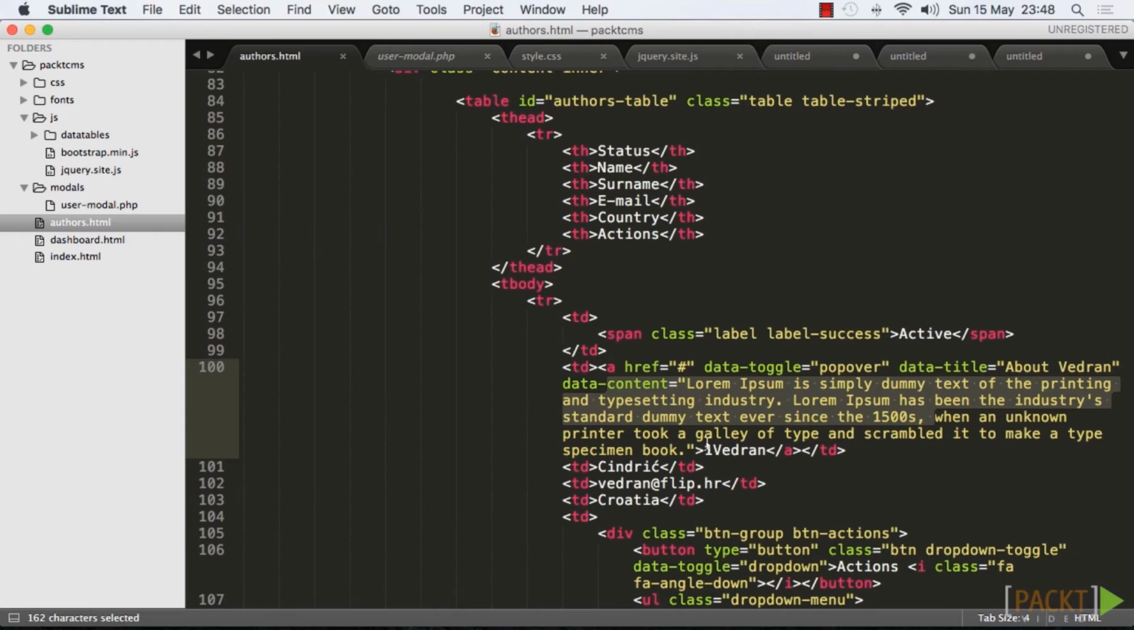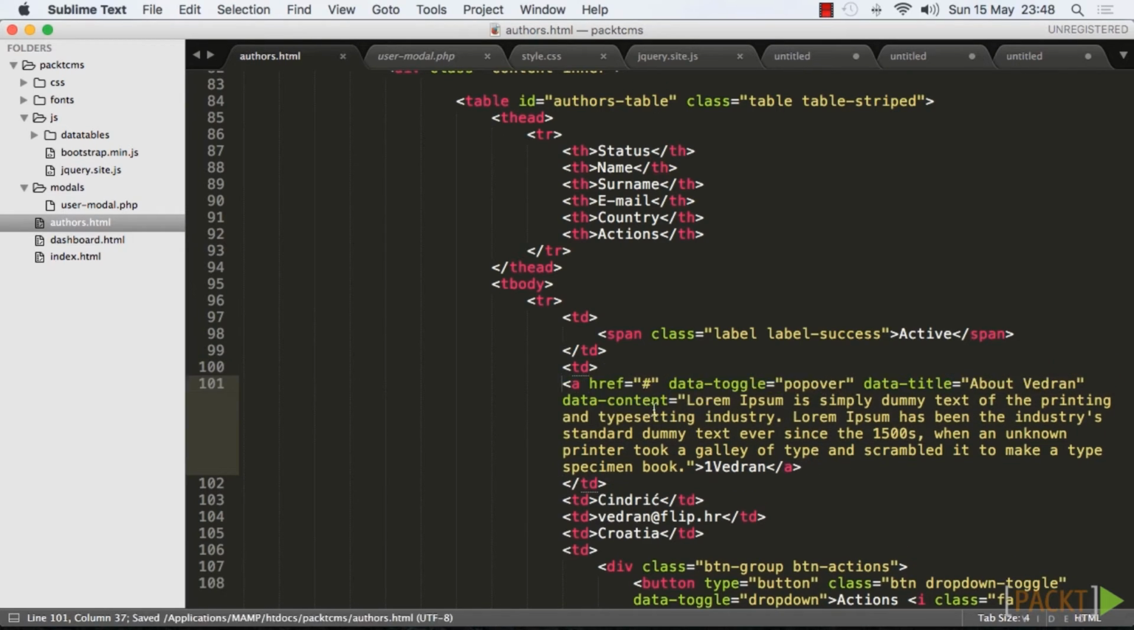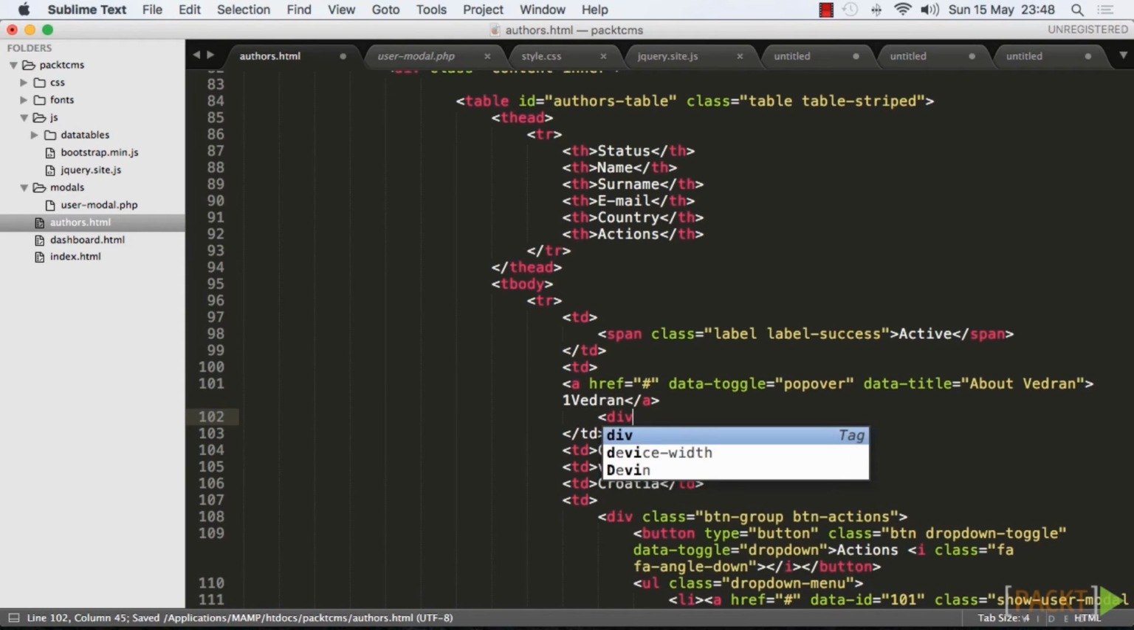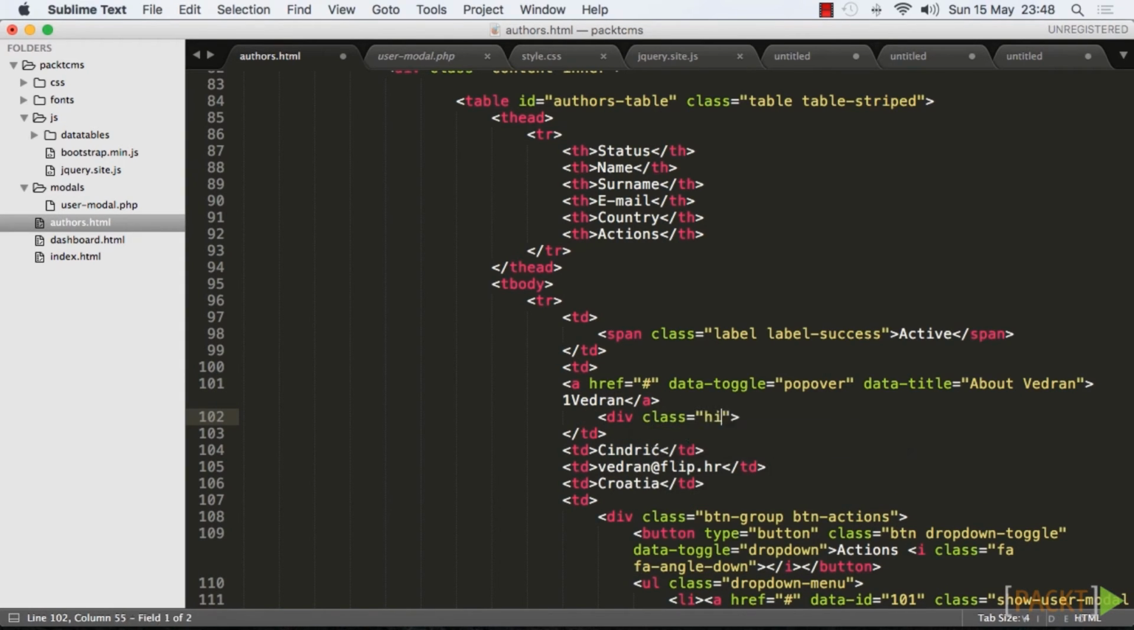Again, we might need to hack around a bit. So what we are actually going to do to remove the data content piece from here, and we are going to add a new div with a class of hidden, which is a default Bootstrap helper class that basically hides elements by default when applying this class. And we are going to add an ID of, let's say, user1,